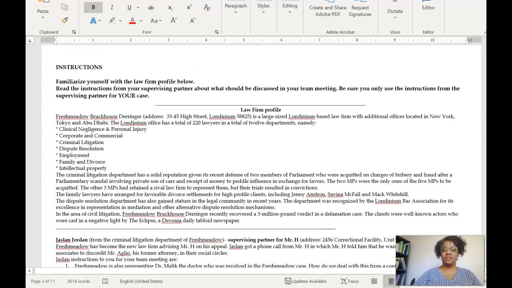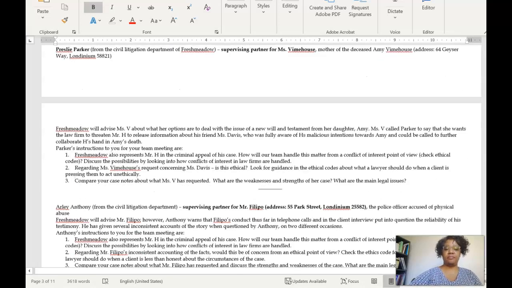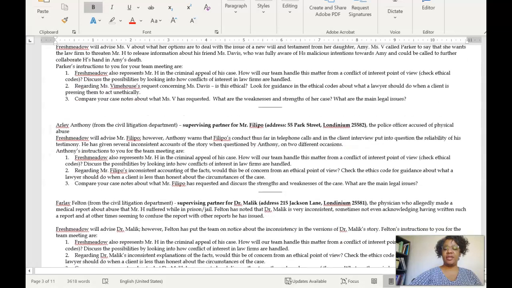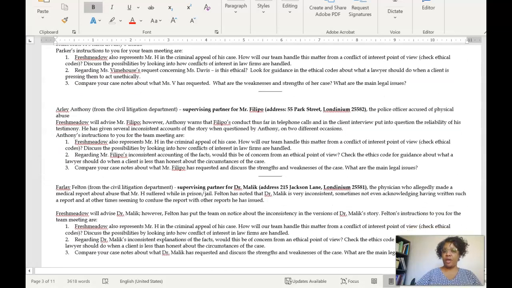Here in the instructions, we have provided the law firm profile. Please use this profile and not any other profiles that you might have seen, for example, in the course description. It's important to use the materials that are found in the exam packet for the exam. Please also check and see what your partner has asked you to do, and that again is also in this packet. So make sure you've read it as it is explained in this packet and not as you may have seen it in the course description, for example.